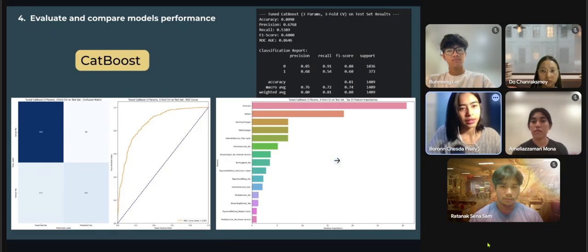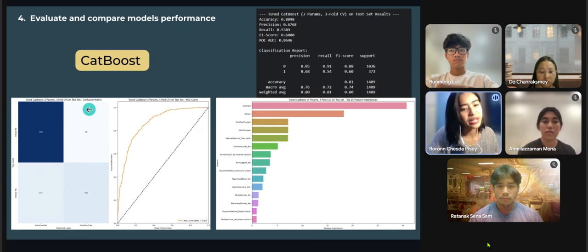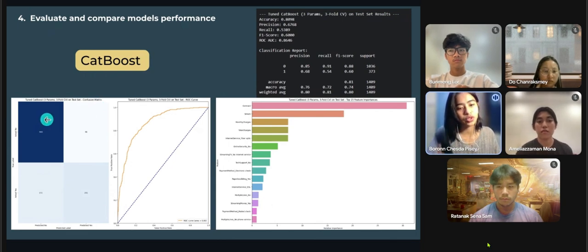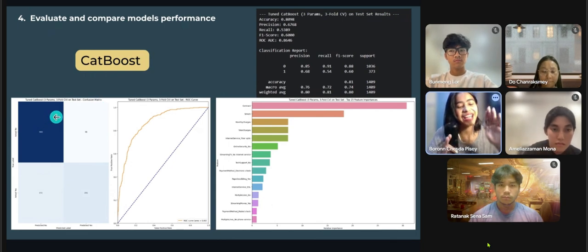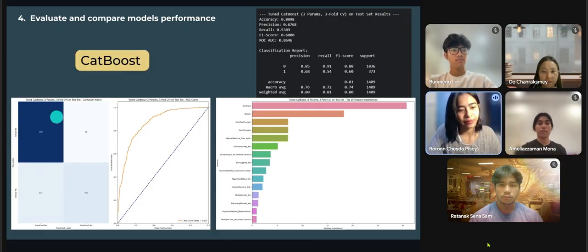Finally, the CatBoost. The tuned CatBoost model achieved an accuracy of 0.89 and ROC AUC of 0.86, indicating strong classification performance. And the confusion matrix shows 940 true negatives and 201 true positives, with 172 false negatives, suggesting a conservative bias